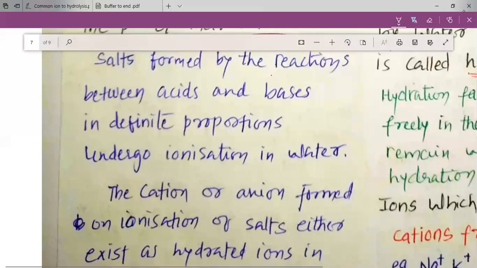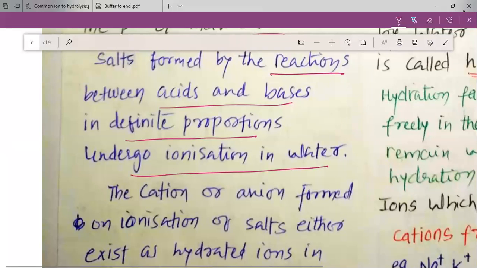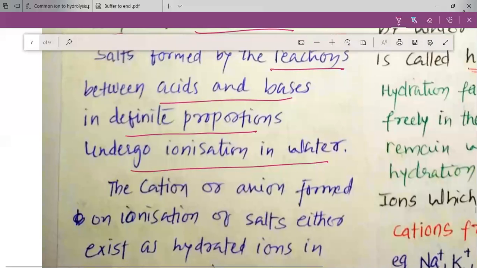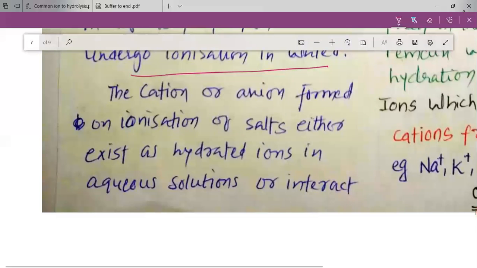Salt formed by the reactions between acids and bases in definite proportion undergo ionization in water. Process of ionization means converting themselves into the ions. So when the ions are formed, we have cations and anions. The cations or anions formed on ionization of salt either exist as a hydrated ion in aqueous solution or interact